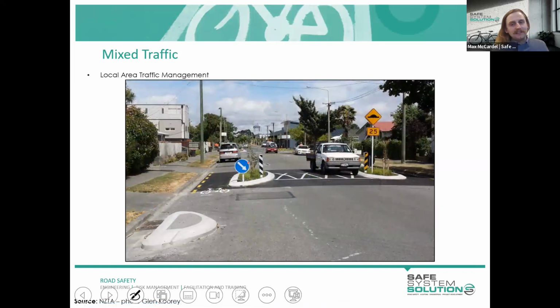Similar idea. This one was in Christchurch in New Zealand, where you give cyclists a little bypass so they don't have to deal with the vertical deflection. Because it's not really them that we're trying to slow down. We're trying to slow down these big things. So just a nice little solution for